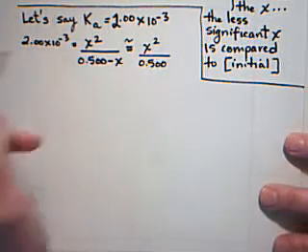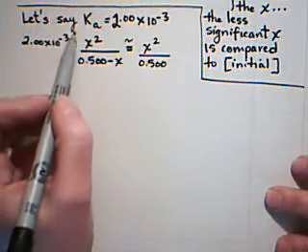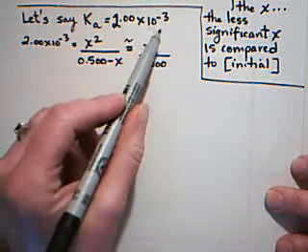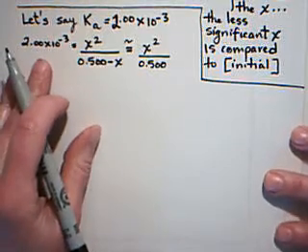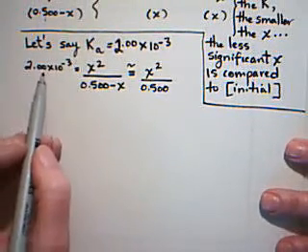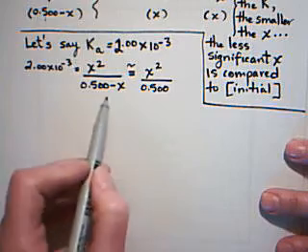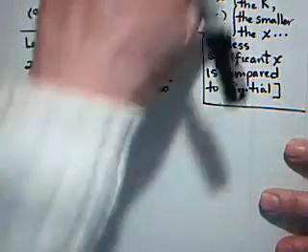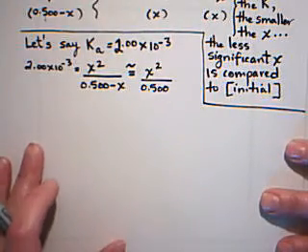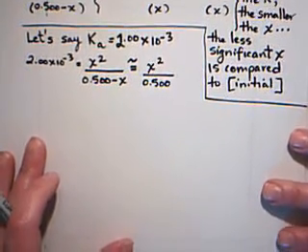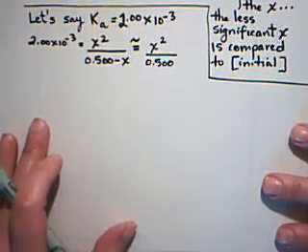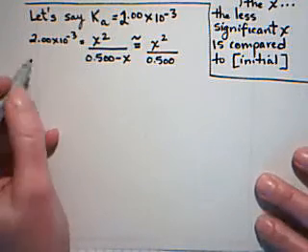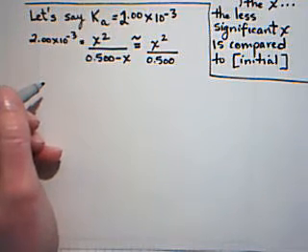Okay, let's continue. Let's say in the first case that we have a Ka for this acid of 2.00 times 10 to the minus 3. Remember what we had up here, that Ka value is equal to x squared over 0.5 minus x. Because we want to avoid using the quadratic formula, that's the whole basis for this shortcut. We say that x is negligible compared to the initial concentration 0.5, and so 0.5 minus x is about equal to 0.5. So now we can solve this equation for x,